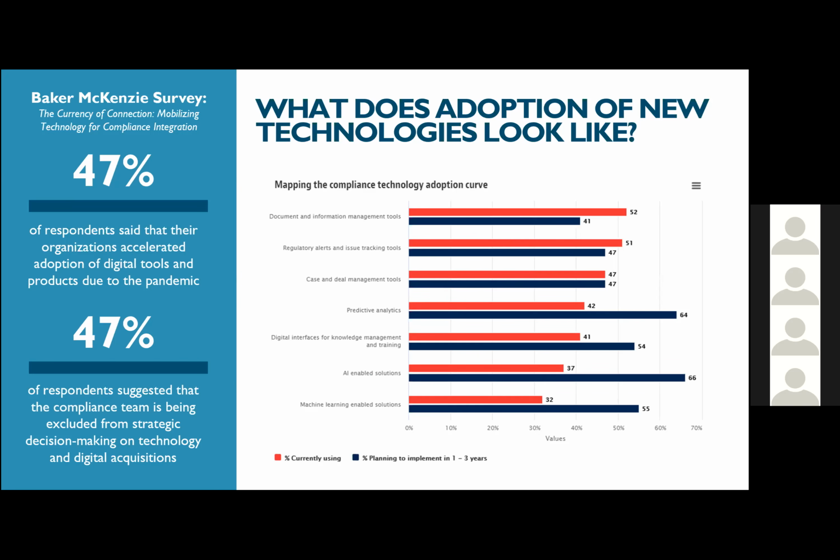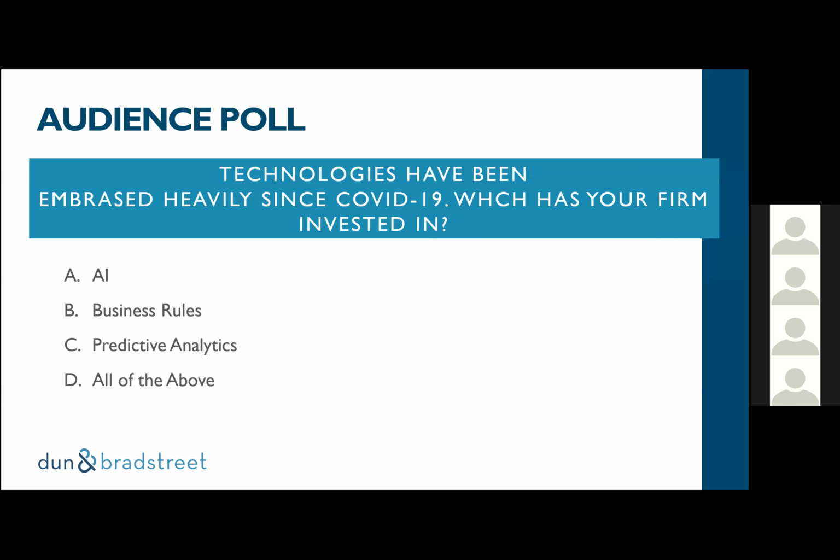So just before we look at AI and predictive analytics a little more closely, let's take another view from you guys with an audience poll. And I think, as we said, it is really clear that technology is at the forefront of fraud prevention and detection. But where in your organization is this focus? Is AI critical? Are you focusing on tools and engines that support business rules? Or is predictive analytics key? Or again, is it a mixture of all of the above